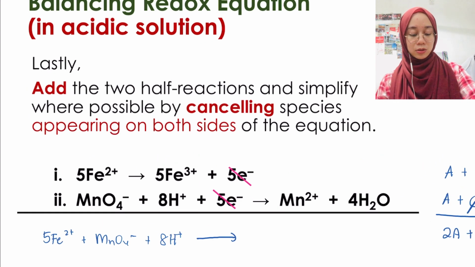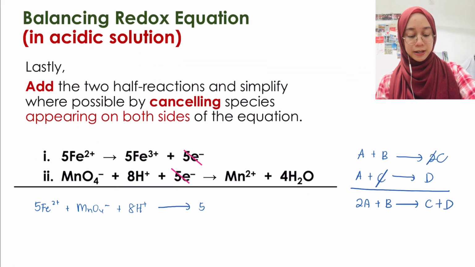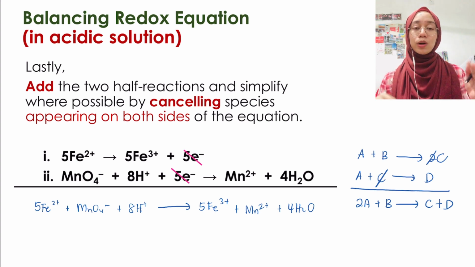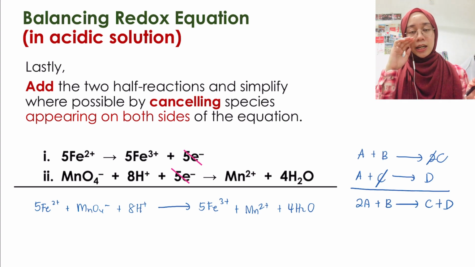Okay, so produk pula kita ada 5Fe3+, tambah dengan Mn2+, tambah dengan 4 water. Okay, so double check lah sama ada kiri kanan balance ke tidak. Okay, tapi